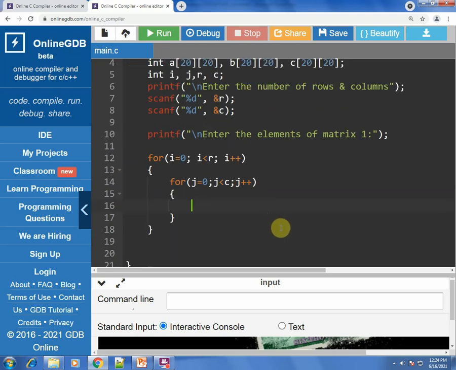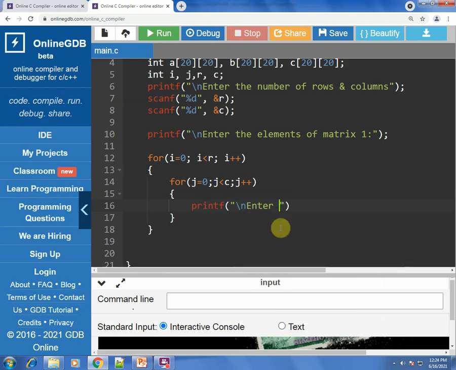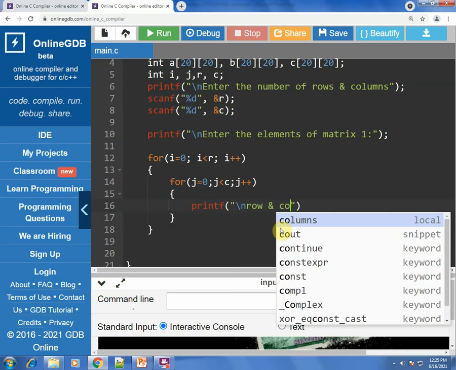So inside it we have to write the printf or the scanf statement. Let's put a printf statement so that the user knows which element to enter. Otherwise the user will not have an idea how to enter the elements. So what we'll put is enter element, or you can write something like this.